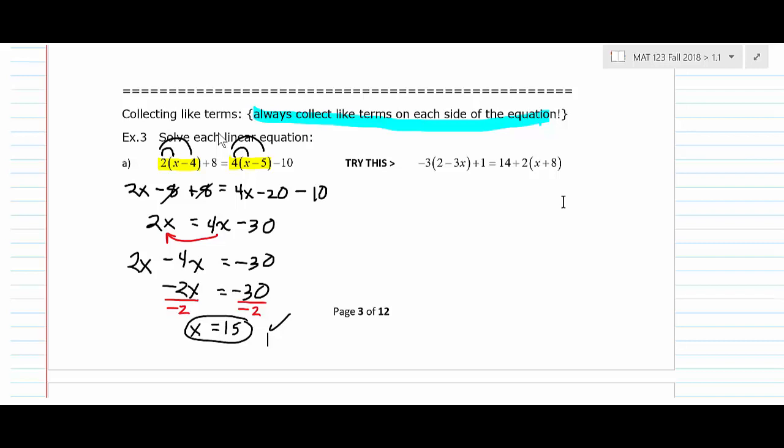What you got? 5. Anybody else get 5? You got 5? Okay. I'm going to go ahead and start with it, and you can just keep at it if you're in the middle of it. So let's see, you'd get